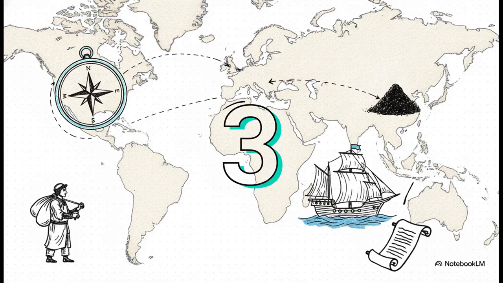For your Level B task, go ahead and put that historical reporter hat back on. You're going to write a tight, objective 3-sentence summary explaining exactly how geography shaped these connections. You'll definitely want to make sure to include at least one specific traded good or invention, like the compass or gunpowder, and explain how it moved. Use those objective reporting skills here, guys. No opinions, just the historical facts of how trade and geography linked these societies together.